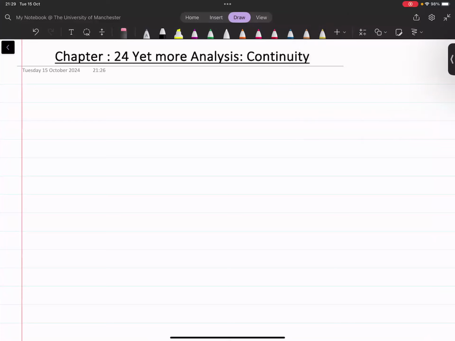Okay, so now we are going to discuss chapter 24, yet more analysis, and we will talk about continuity. I'm going to introduce you to the notion of continuous functions of real numbers. This is a topic that deserves a whole book to itself, but I'm giving you this little tester here for several reasons. First reason is that first notion